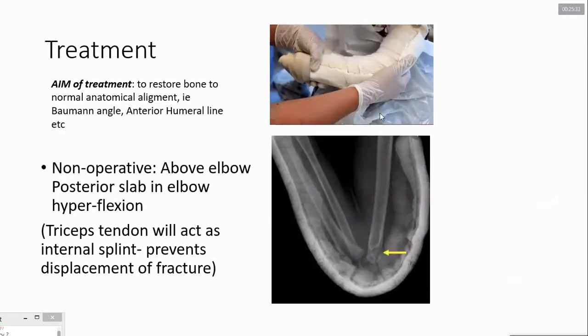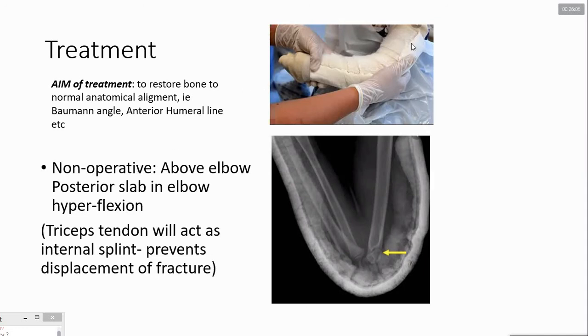So the treatment is aimed at restoring the fracture anatomy to its original position, where your anterior humeral line falls in its normal place, the lateral axis through the radial head falls into the center of the capitulum, and Baumann angle is restored so that there is no valgus or varus deformity. So whatever the treatment, the aim should be to restore its normal anatomy. That should be aligned. So let's just talk about non-operative